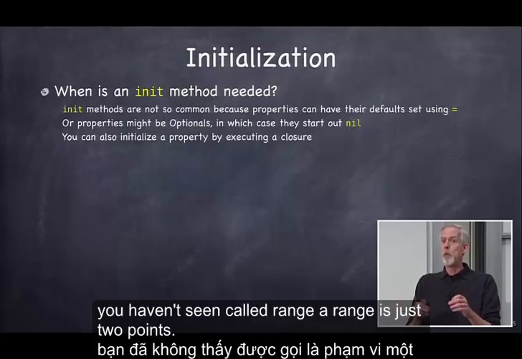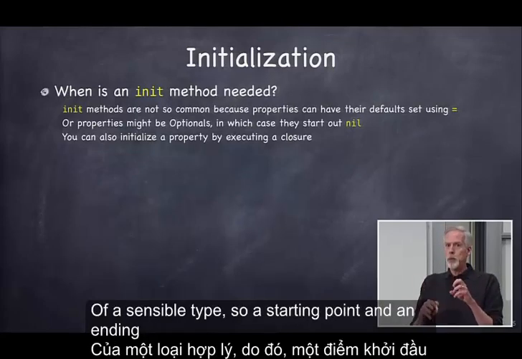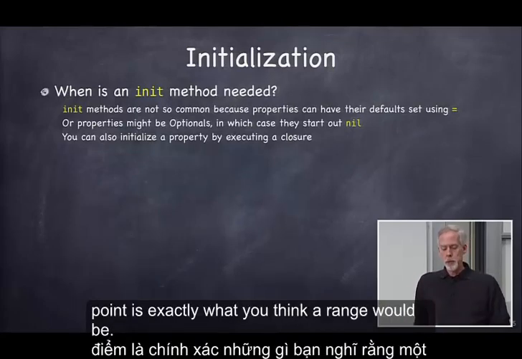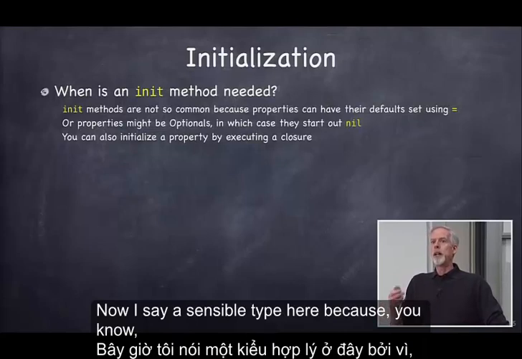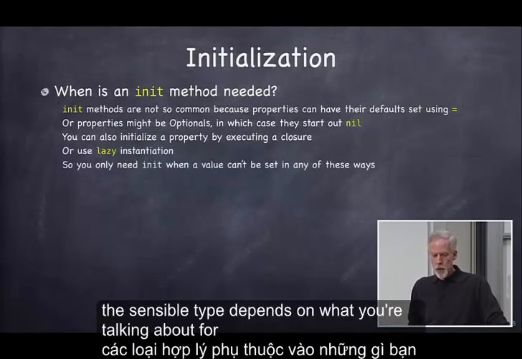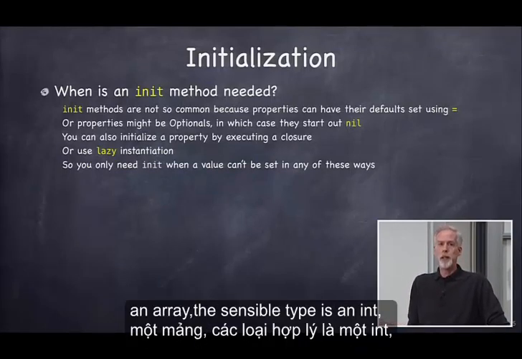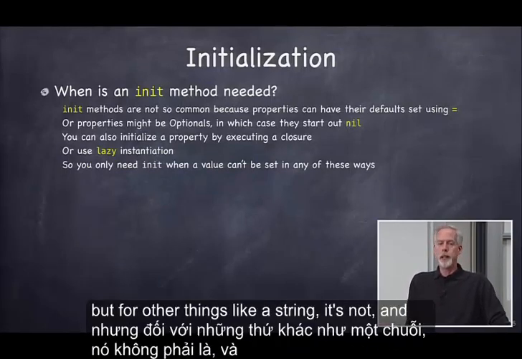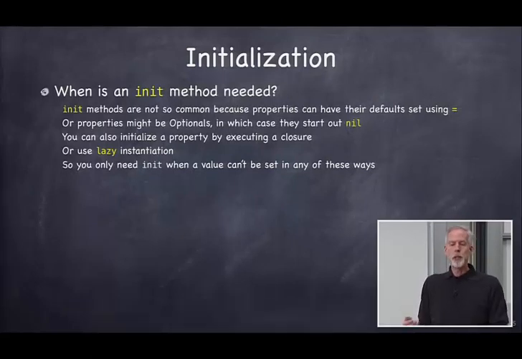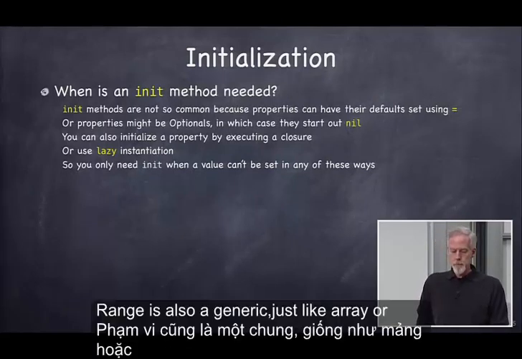It'll get executed right away, and nothing inside that closure could refer to any other instance variables, of course, because it would be executing before the initialization was done, but still, you can calculate some things to assign things in a closure by executing a closure. Or you could just use the lazy mechanism to avoid needing an init. So there's a lot of ways to avoid init. But if you do need an init,